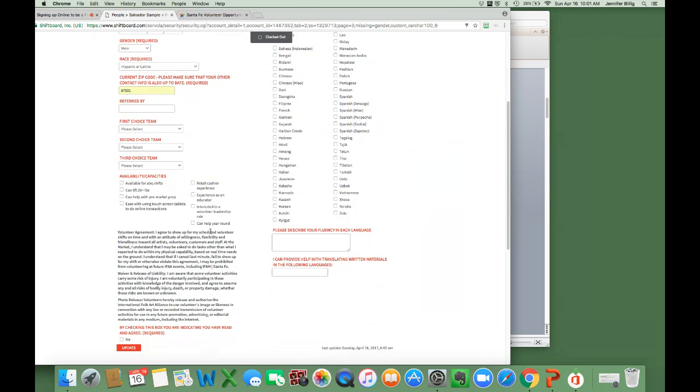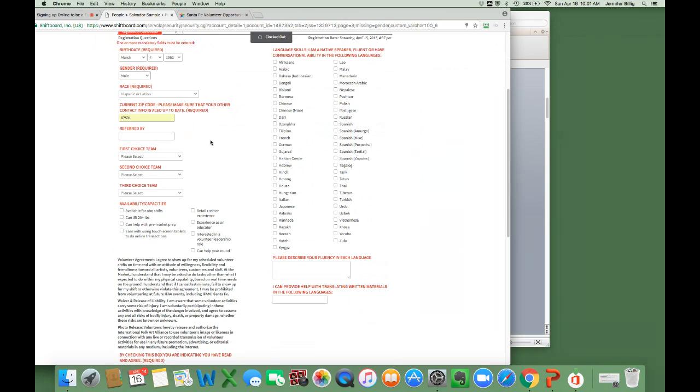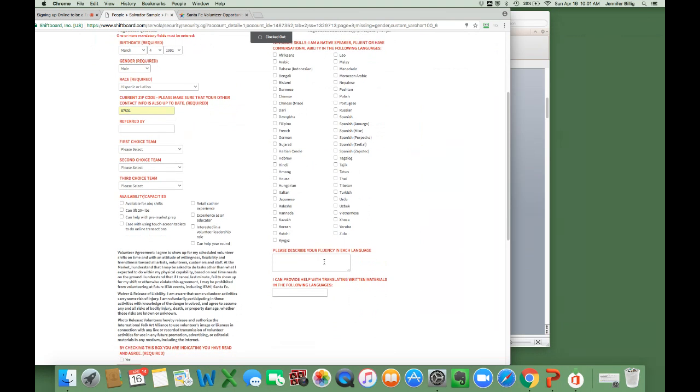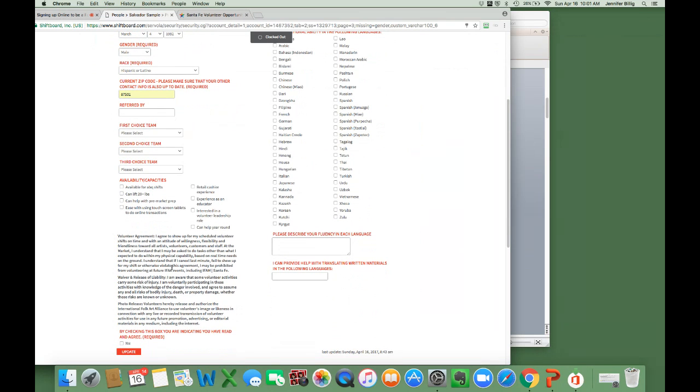And then there's one other required field at the bottom, but it's also helpful for you to give us this other information. You may already be assigned to teams, but you can put team choices in here. Tell us what your availability and capacities are, and importantly, tell us what kind of language skills you have, your level of fluency, and whether or not you can help translating with written materials. Those are not required, but